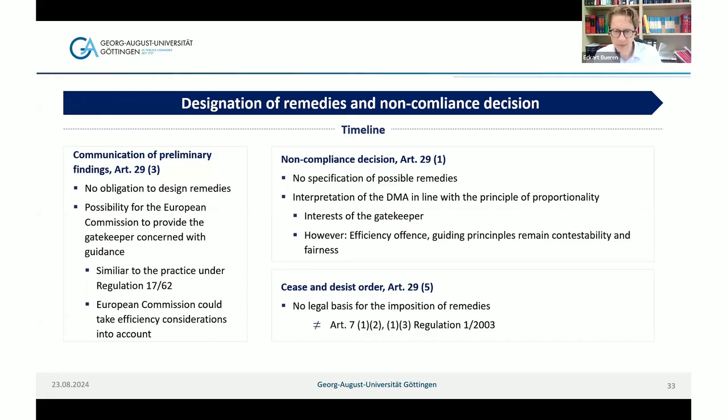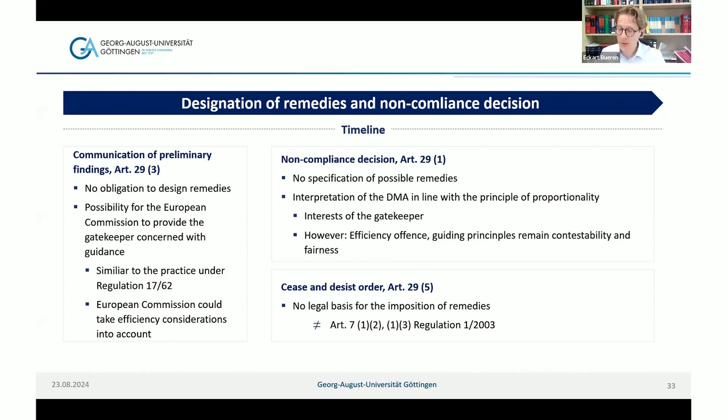So again, we have the distinction to competition proceedings, and we see again efficiencies can come into play to a limited extent. But nevertheless, as it is put on the slide, of course, I do not want to dispute in any way that the guiding principles for interpretation are fairness and contestability, but nevertheless, it's about fairness towards business users and end users. So efficiencies that are positive for business users and end users should be able to come into play here because they do not distract from the goals of the